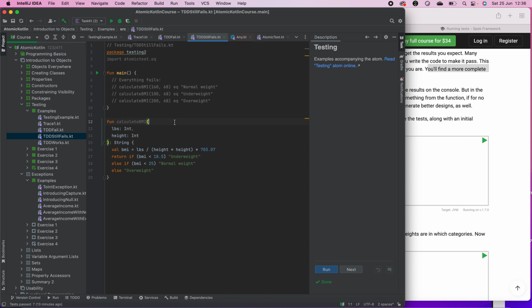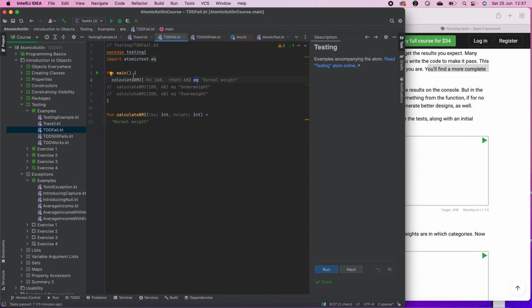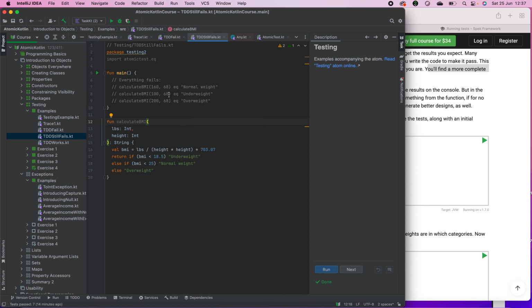And if you check out and now you run, you create a code to make everything pass. Now as you can see here, the difference between these two is that you have to write a calculate body mass index function, which is going to calculate the body mass index and return a result: whether it is normal weight, heavy weight, underweight, or overweight. And now the test is failing here, and it will still fail the test because